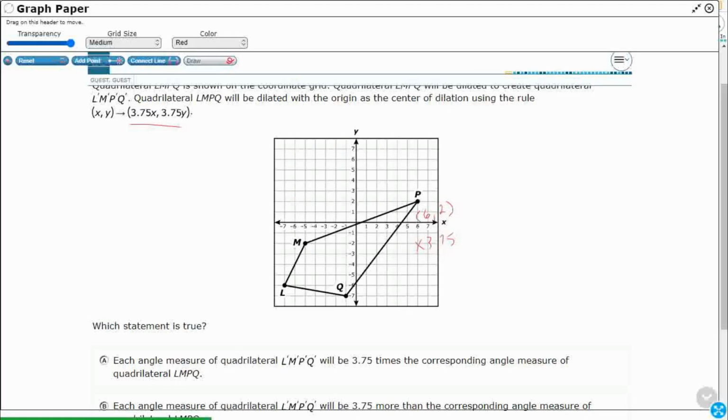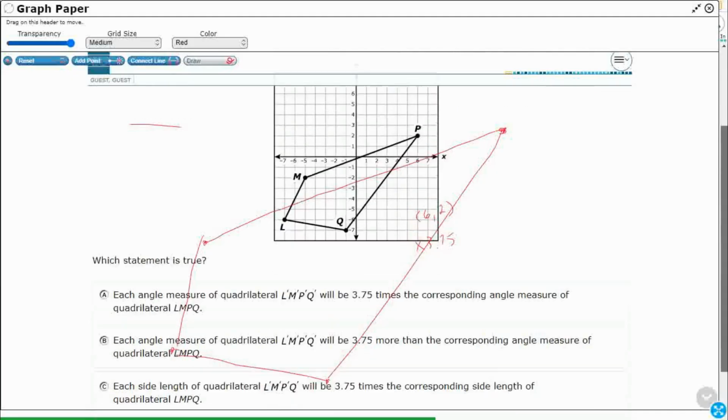So my new x and my new y, right, are going to be way out here. And then Q, right, is going to be way out here. L is going to be way out here. And then M, right, is going to be way out there. So I'm going to get a much larger quadrilateral that kind of looks like this. So if that's what my new quadrilateral, the LMPQ prime, looks like, well, now I need to try to figure